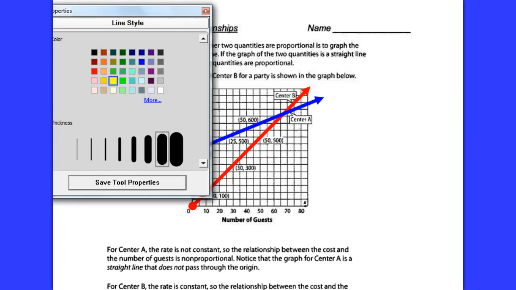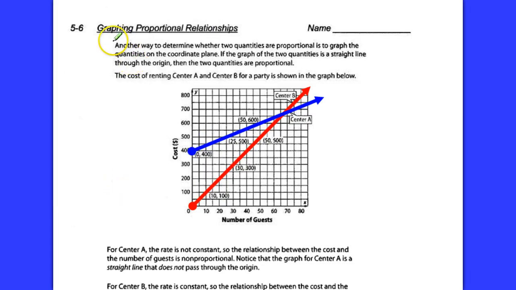And I'll take a look at what we're doing here in the top paragraph. It says, another way to determine whether two quantities are proportional is to graph the quantities on the coordinate plane. If the graph of the two quantities is a straight line through the origin, then the two quantities are proportional. Okay, so really that's your magic sentence right there. Circling the important keywords: if it's a straight line through the origin,